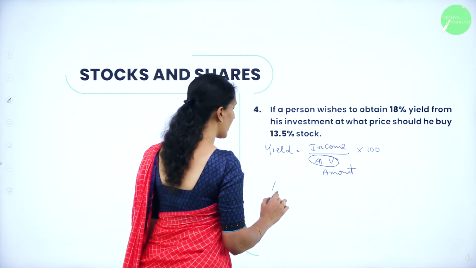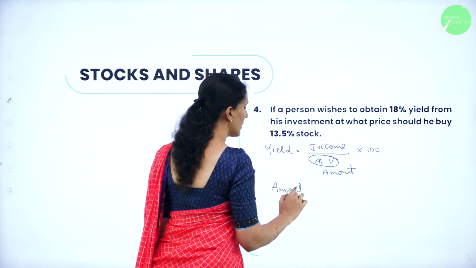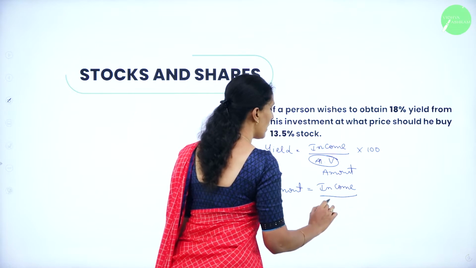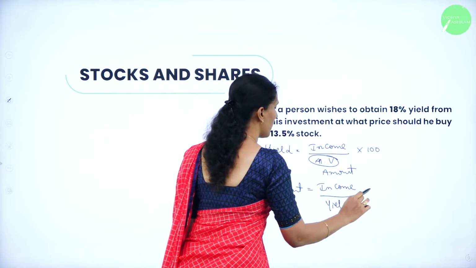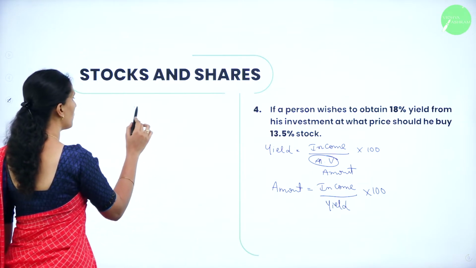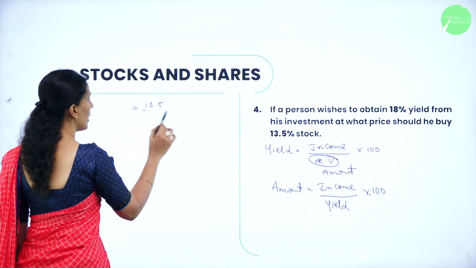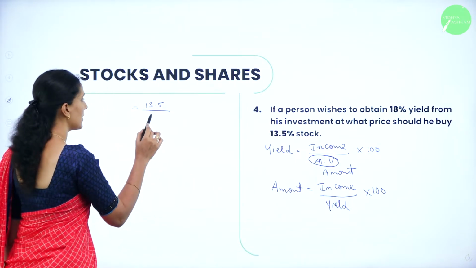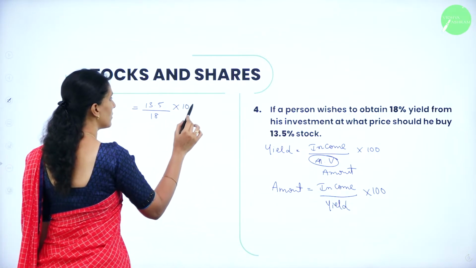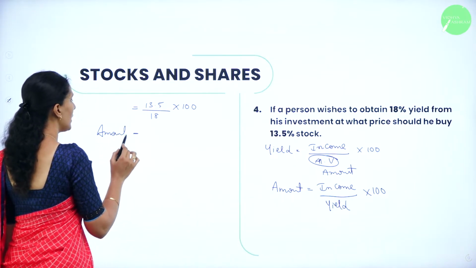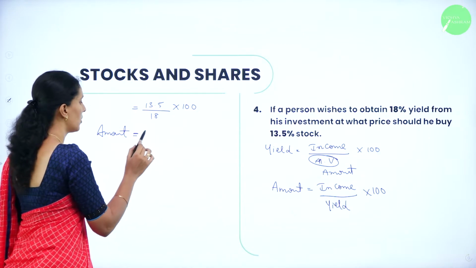So therefore what I can write? Amount is equal to income divided by yield into 100. So according to this, we have an income of 13.5 and yield they have given us 18%. So it is 18 into 100. So calculating, we will get an amount of rupees